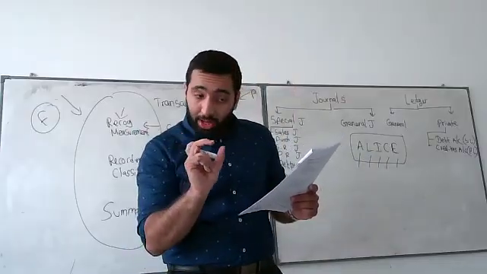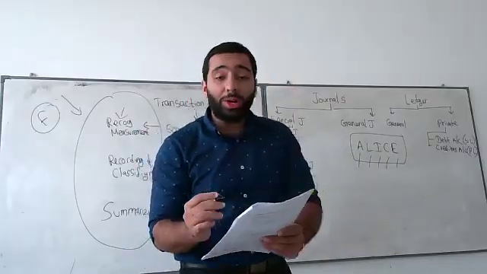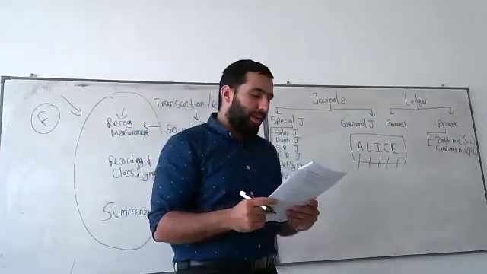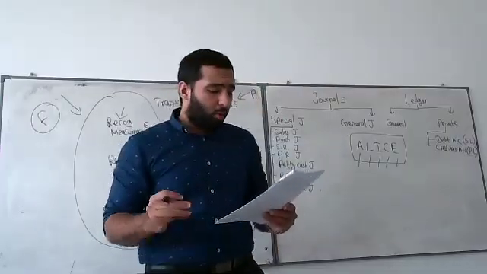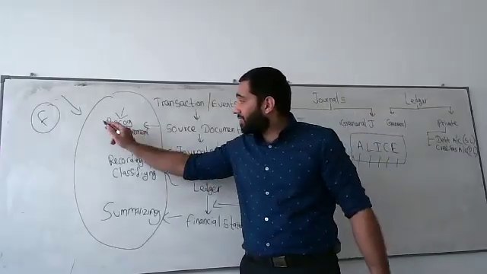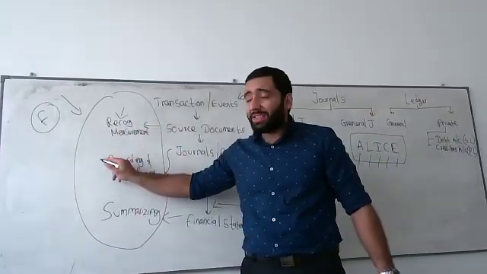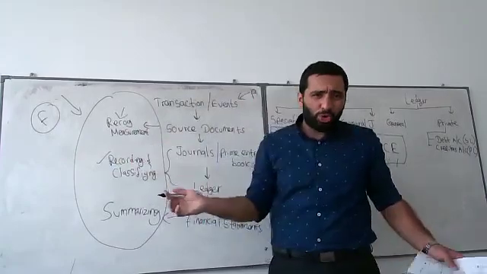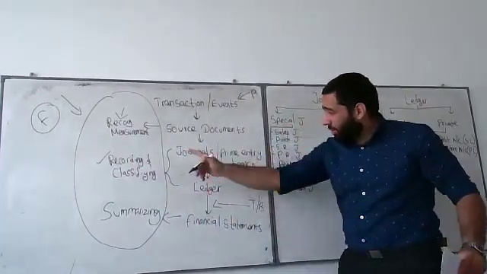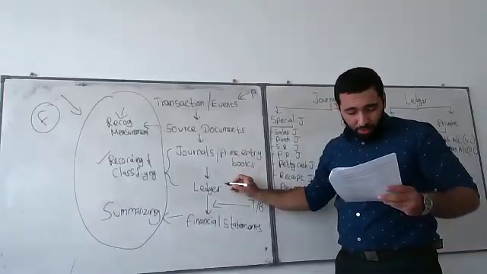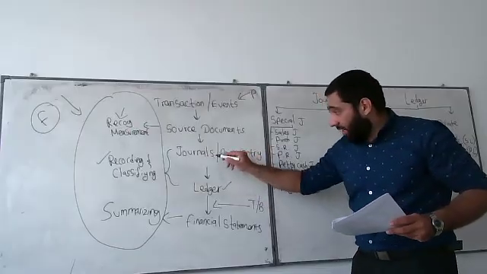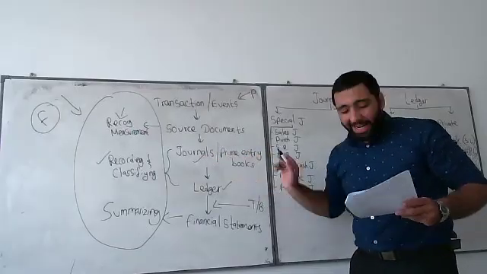So the sequential order is very important, and then the accounting process. You need to highlight that too. So number one, what you will do in the initial stage: record the transactions. We all know that. Number two, posting transactions to the ledger. Number one is journal, number two is ledger. Very important.